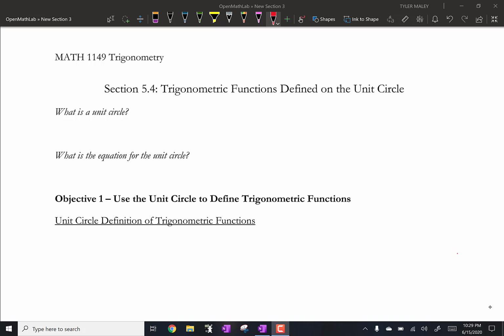Alright, so this is section 5.4. So we're going to look at the trig functions defined on the unit circle. So before we jump into this section, I'm going to review a couple of things. The first is reminding you of what a unit circle is. So if you recall, a unit circle is a circle